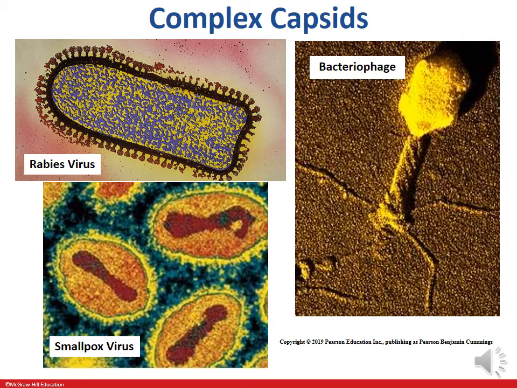The smallpox virus is a complex capsid. It actually has a roughly oval-shaped capsid, and then it has a second layer of capsid that's sort of wrapped around it like a little hot dog bun. So that red center that you're seeing there is actually the gap on the inside of the outer capsid. But by having multiple layers of capsids, it makes it very tolerant of environmental conditions,